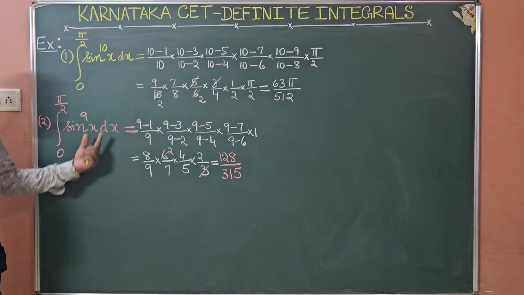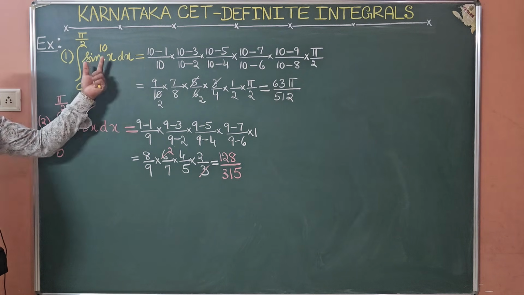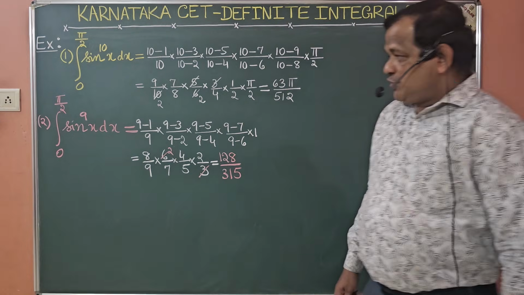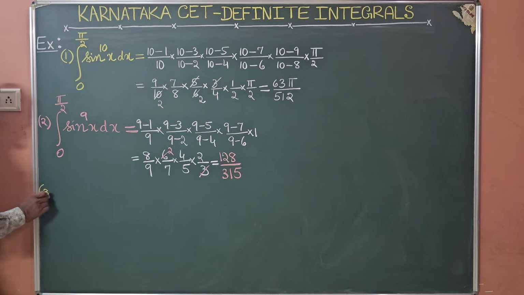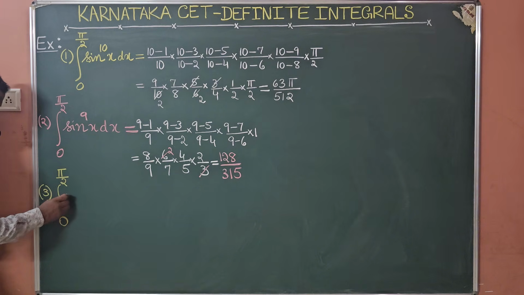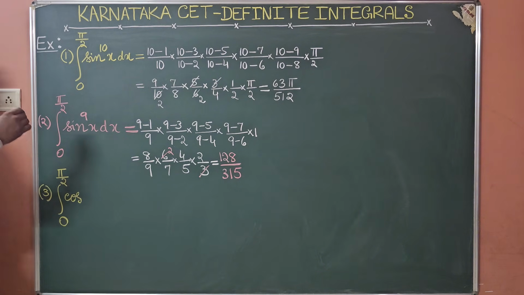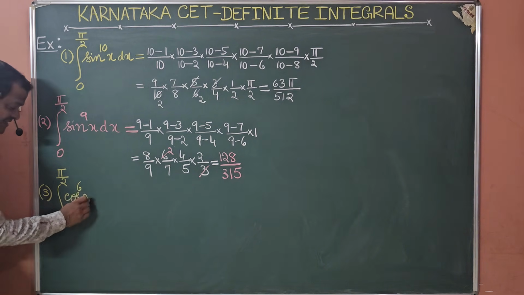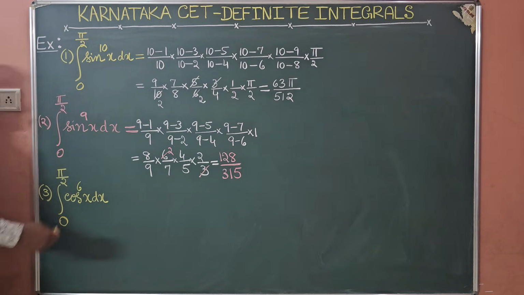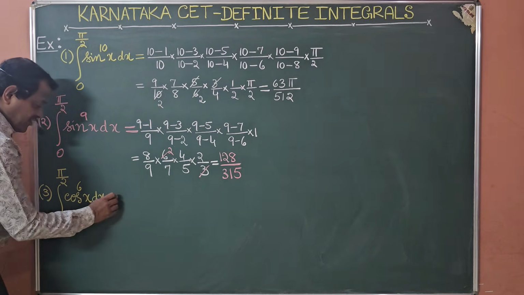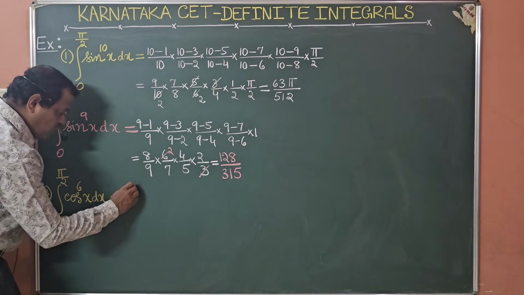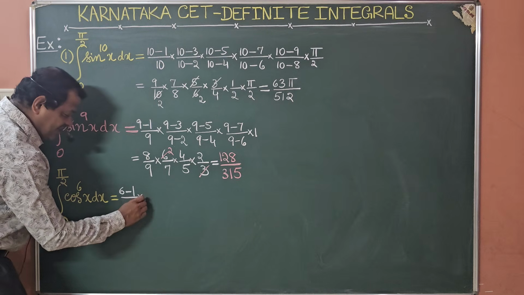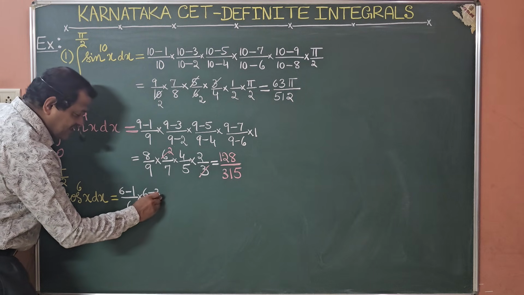So kindly go through the examples and understand. Here I would like to explain the third example. Please observe the video carefully. If I have integration from 0 to pi by 2, say, but if I have cos function, power I will take 6 dx, say, cos power 6x dx, power is even. Therefore, our answer is n is 6 minus 1 by n is 6 into 6 minus, this is 3 by